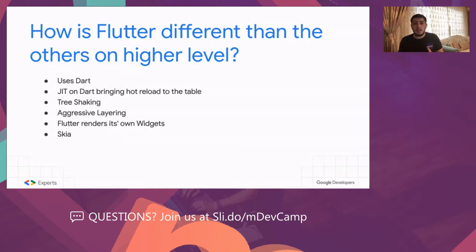So with tree shaking, it will basically shake the tree, and all the information that we don't use, imagine it this way, won't be deployed into our code. Another thing is